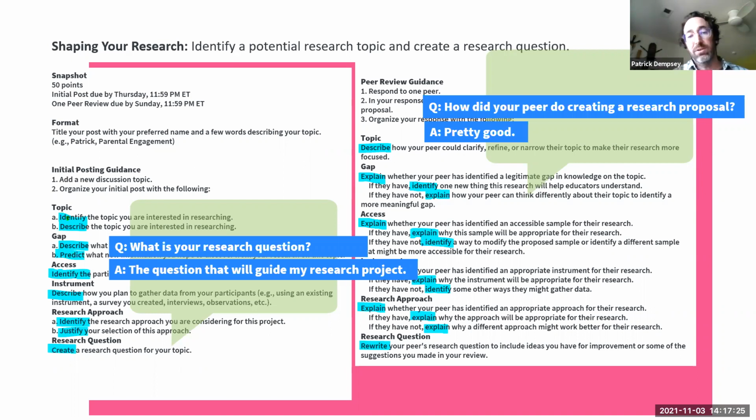If someone were to ask you this in the context of academia, what you would want to do is identify the topic. But that's not enough. What you really need to do is describe why it's an important research topic to explore, because there's a certain gap in the field. And by the way, if you're going to do this project, you need access to participants and you need an instrument. So these are the sorts of things that we can do to facilitate student learning and to reduce our load,